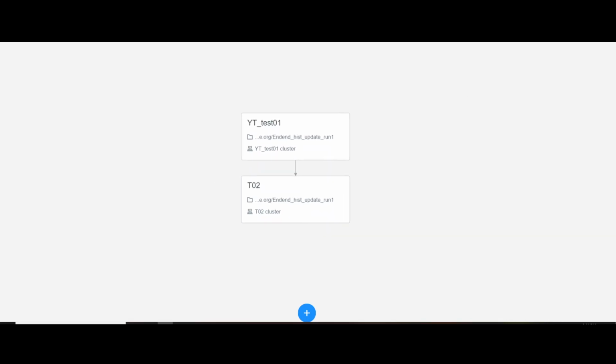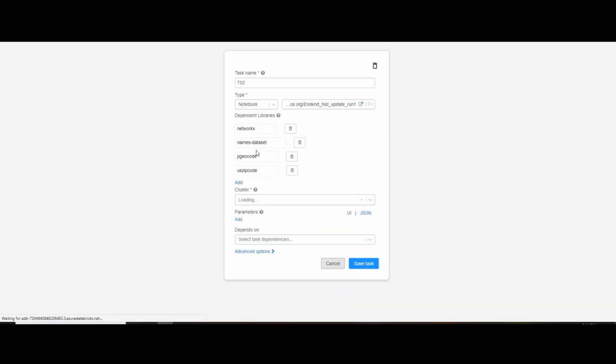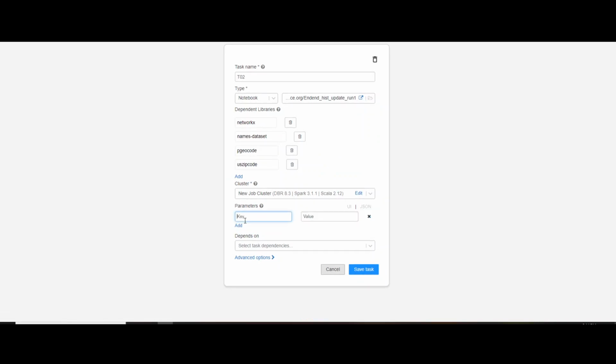Now let's say I don't want to do it this way. I want to run it concurrently. If I go back here, I can just click on this cross symbol over here, and now it does not depend on anything. If I save the task now, you can see that there is no linkage between them. So the moment I run this particular job, both of these will run in parallel, right? Now I'll go back to T02 and add the parameters. You remember in the first task I added parameters. I added tables.